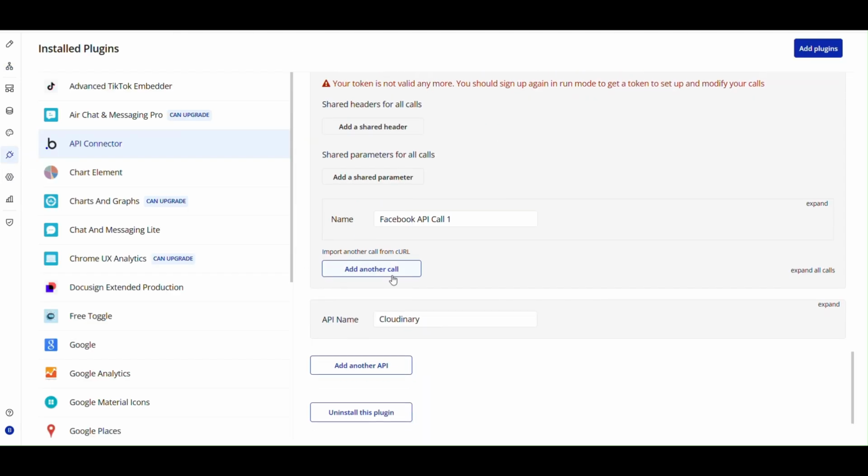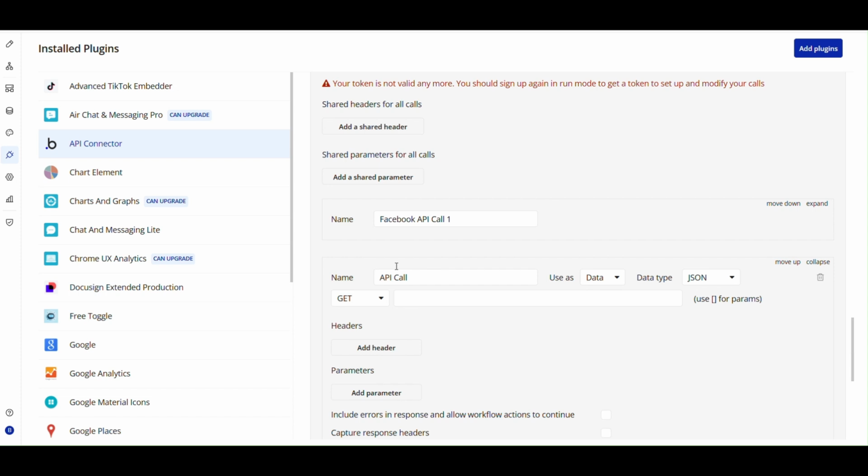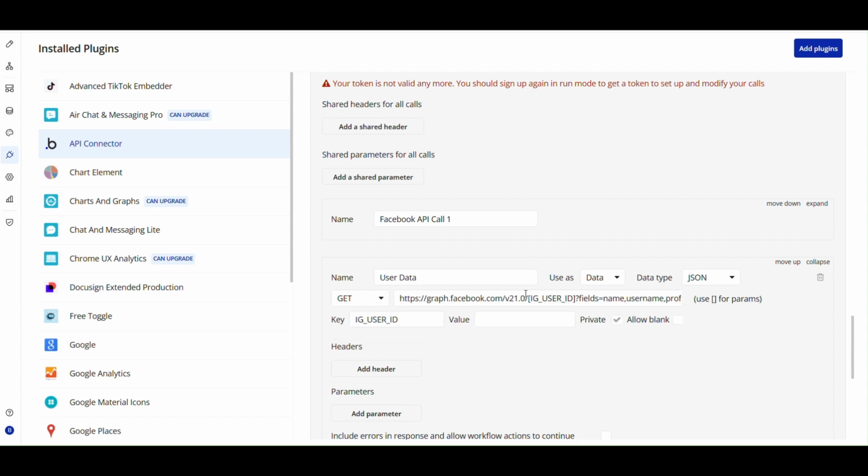All right, so go back into your API connector and we're going to add another call. Maybe call this one user data or user profile, and we're using it as data. It's a get call, and again, I'm just going to paste in the URL that we need. Now, because this one has a parameter, the Instagram user ID, we've got a field coming up, the key Instagram user ID, and we'll need to put a value in here. And yes, you guessed it, that value is going to be the Insta user ID